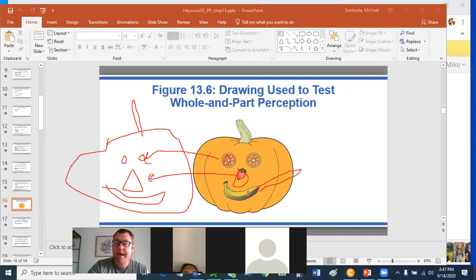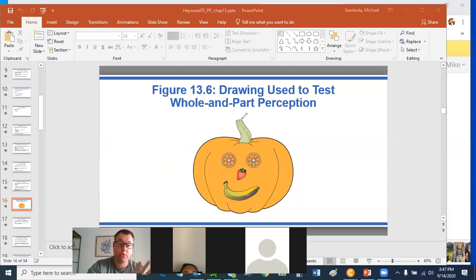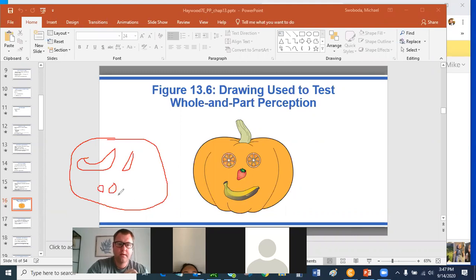And that's just saying they don't have a mastery of understanding visual spatial perceptions. What would be truly bothersome or worrisome here is if they made the drawing and did something like this, where the banana is here, the strawberry is here trying to be the eyes, and then the oranges are trying to be the mouth. That would be very worrisome to see,